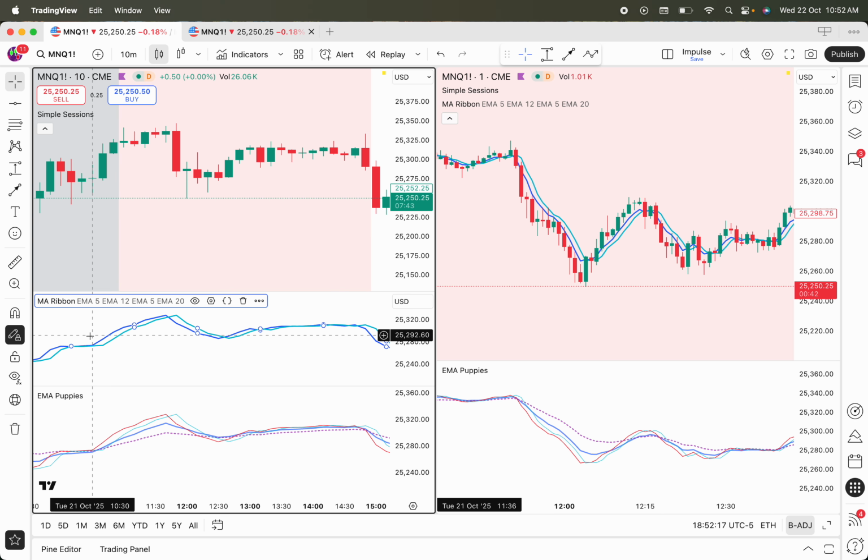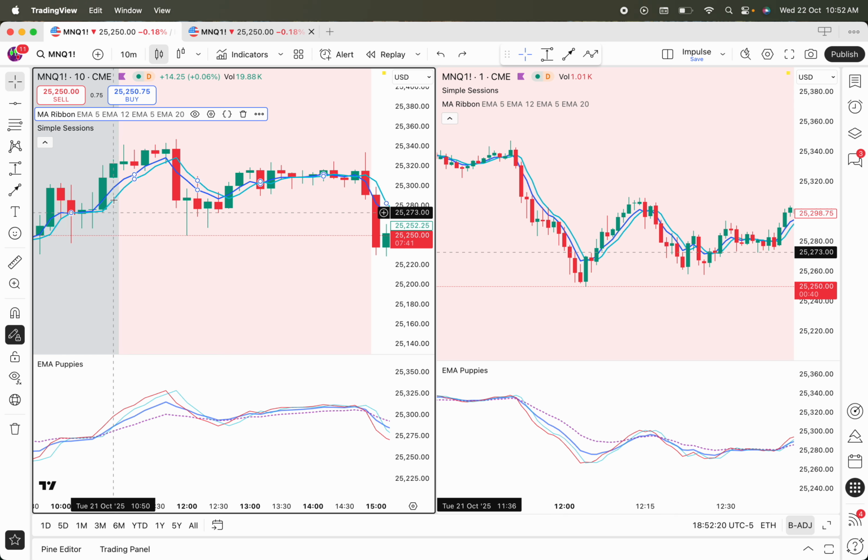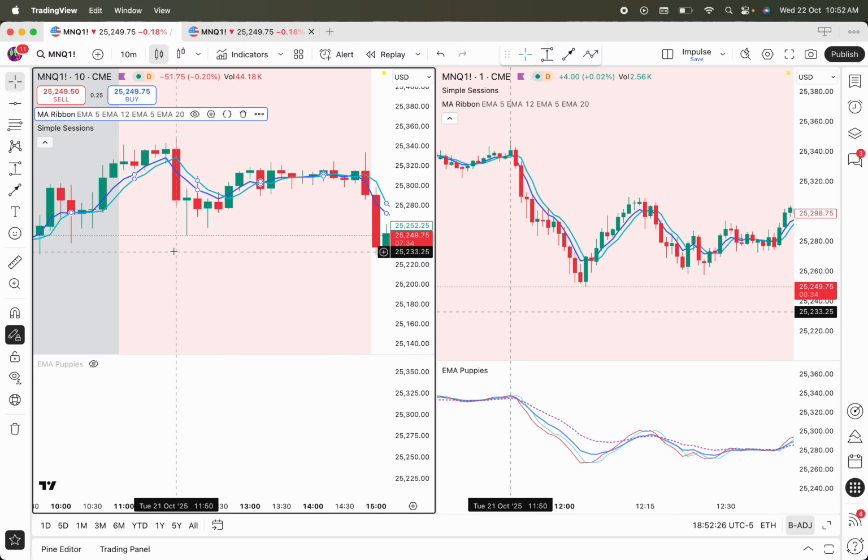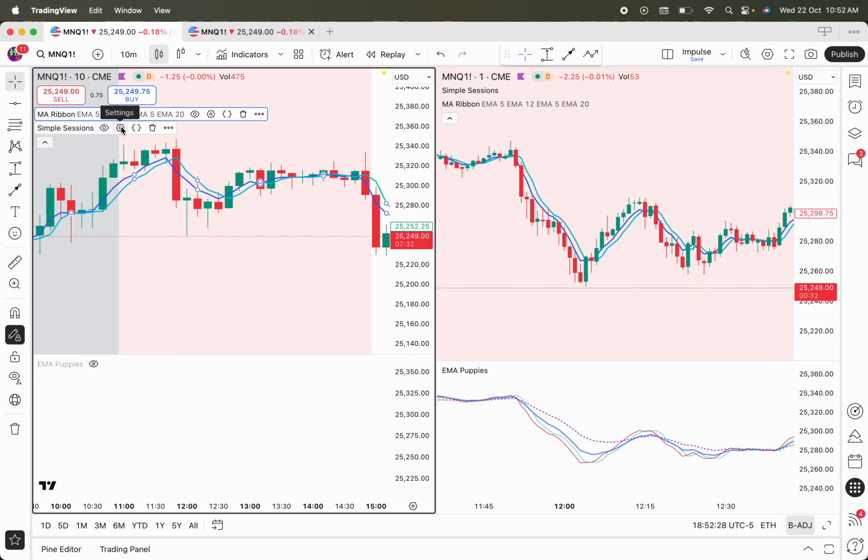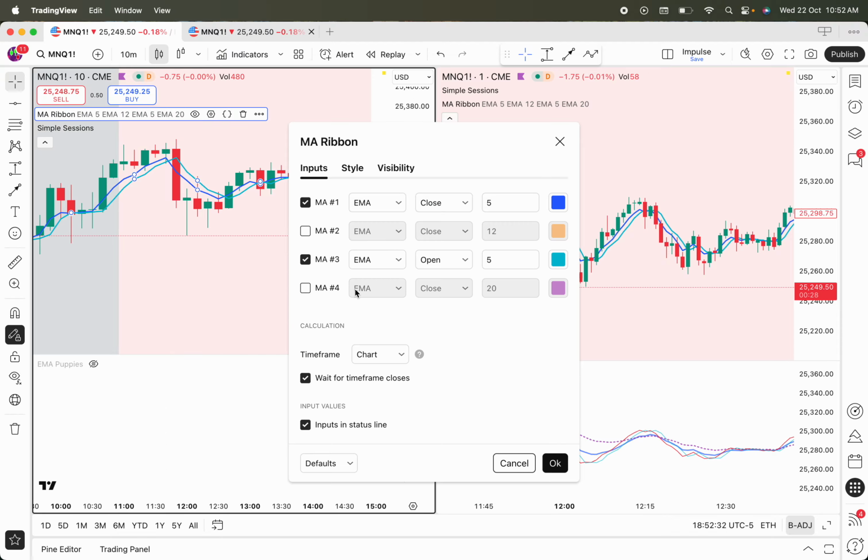The only reason I don't do it is because I like to have the ribbon on the chart and I like to have the EMA puppies down below. That is it. So let me just get rid of EMA puppies, and let me just get back to this ribbon. So with my style of trading,